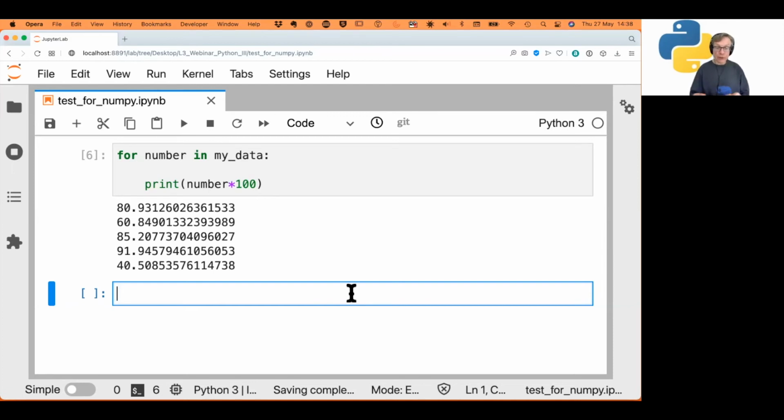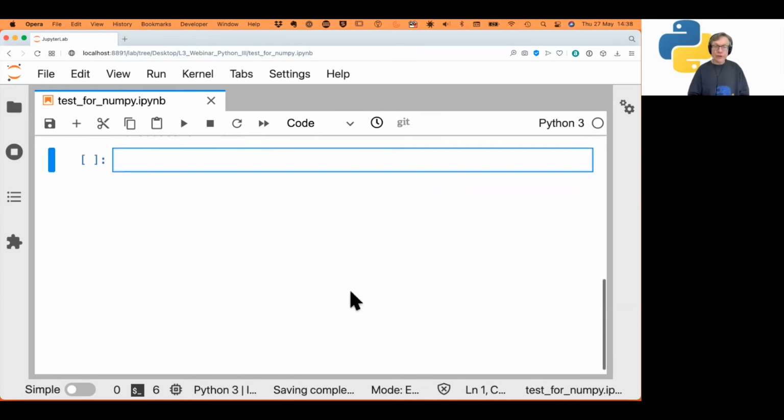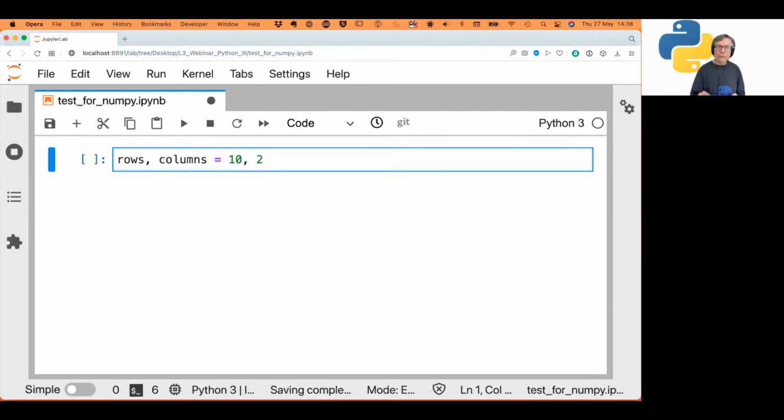in Numpy as well. So let's do it, but let's do it in good practice, namely to assign it to parameter names rather than using the exact numbers that we want to specify, like we just specified 5 numbers. It's not very good practice. So let's specify rows and columns. And just as an example, 10 rows of 2 columns, meaning we have 10 samples recorded and maybe 2 different